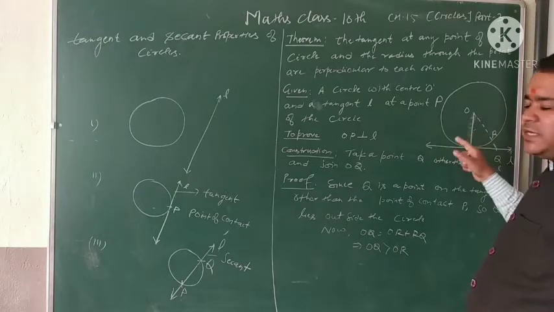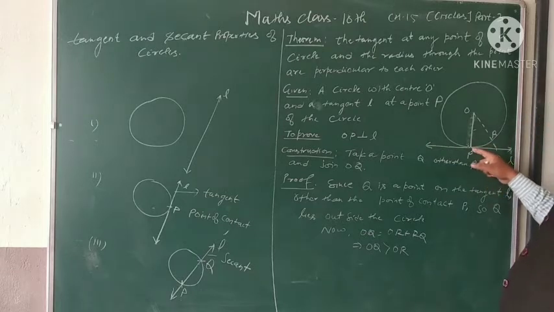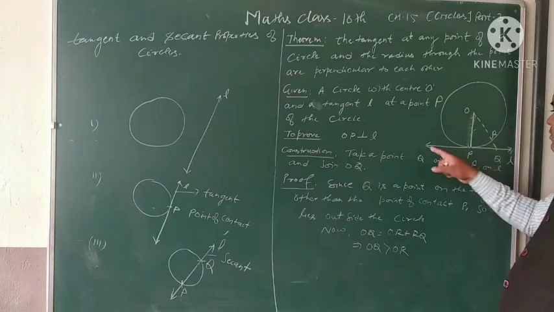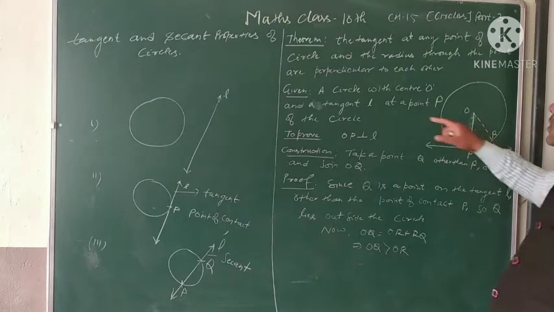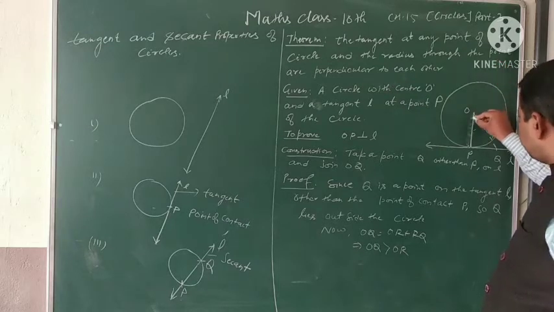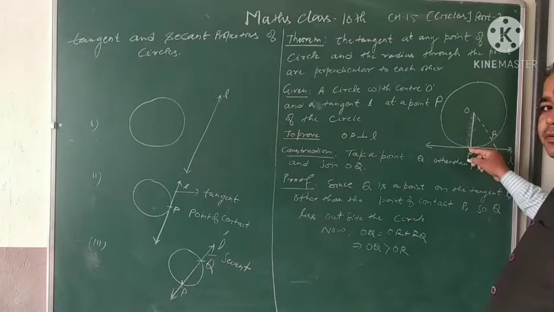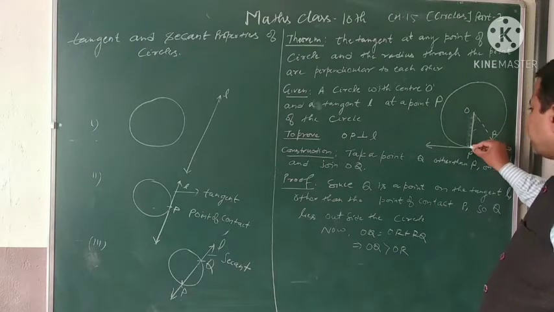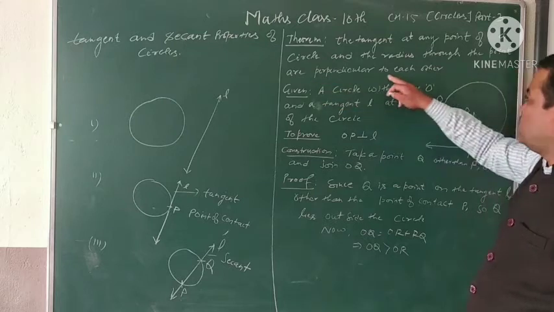If this is a tangent, it has a point which is common to the circle as well as the line. This is the point of contact. The radius through the point